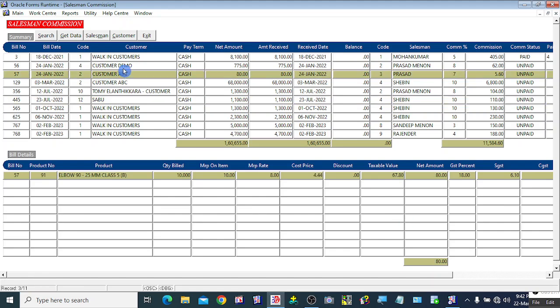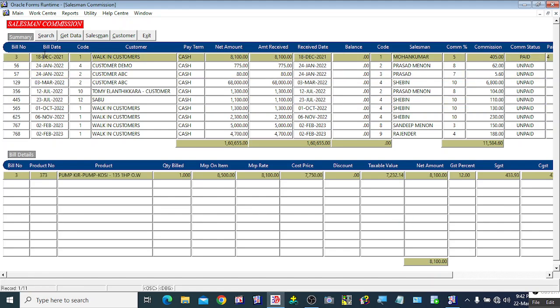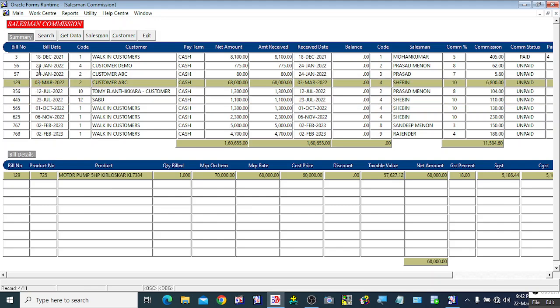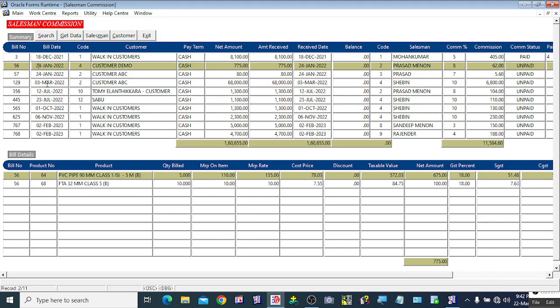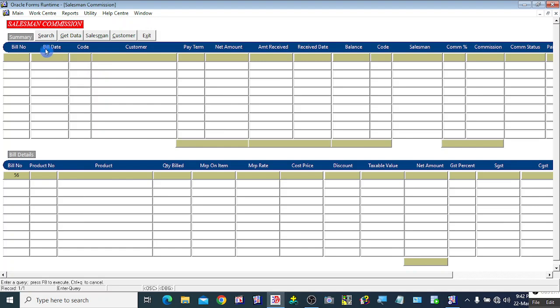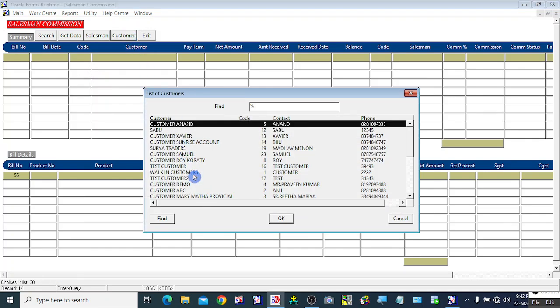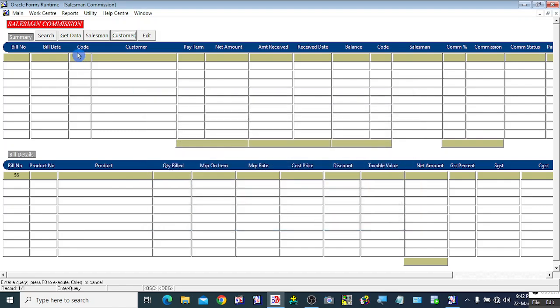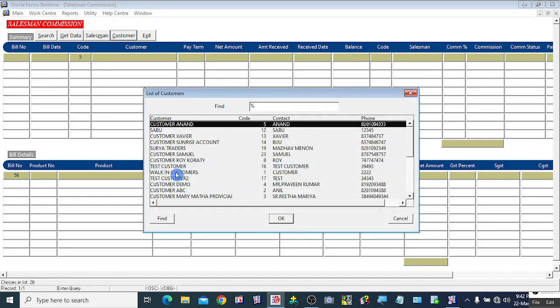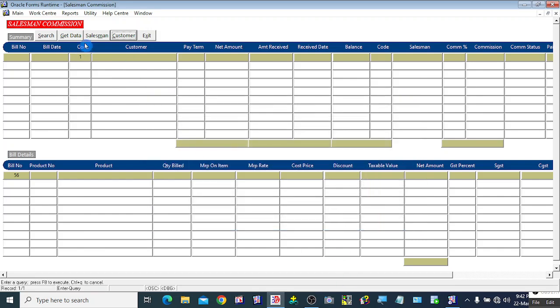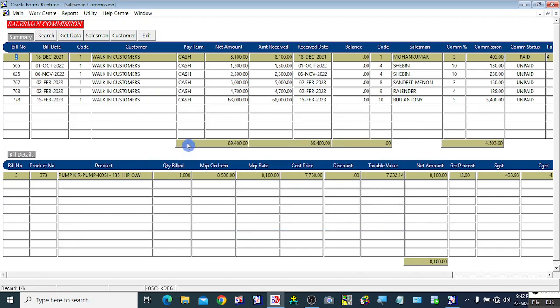In a similar way, from these sales invoices, if you want to filter the sales invoices relating to a specific customer, by clicking the search button and clicking on this customer button, the system will generate only those sales information pertaining to